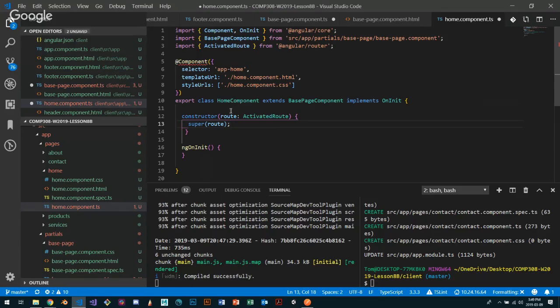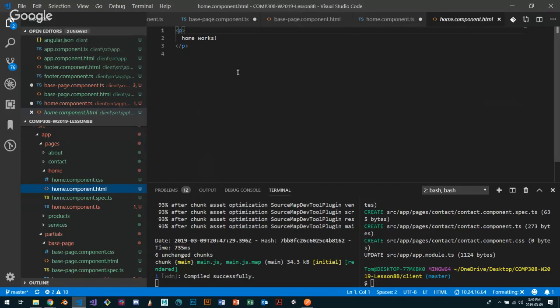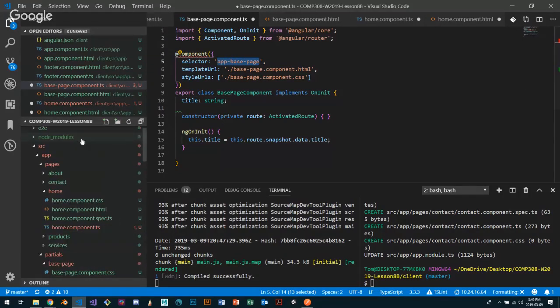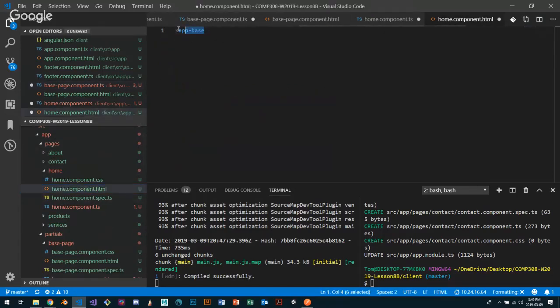One thing I need for sure in my home component is to pass in the component app base page, this one. See that? So if I go back to my home component, I want to paste that in. So voila. And once I've done this, then for my home component alone,